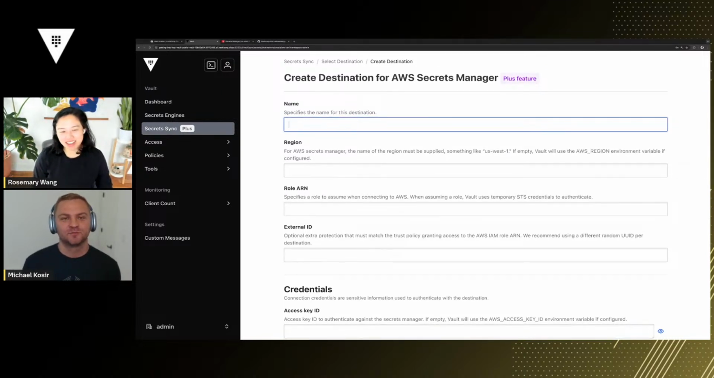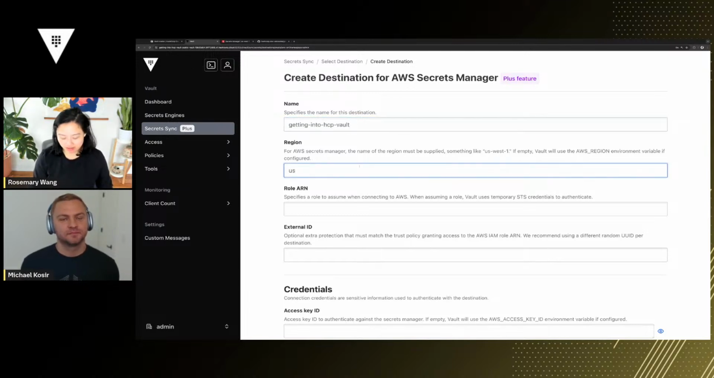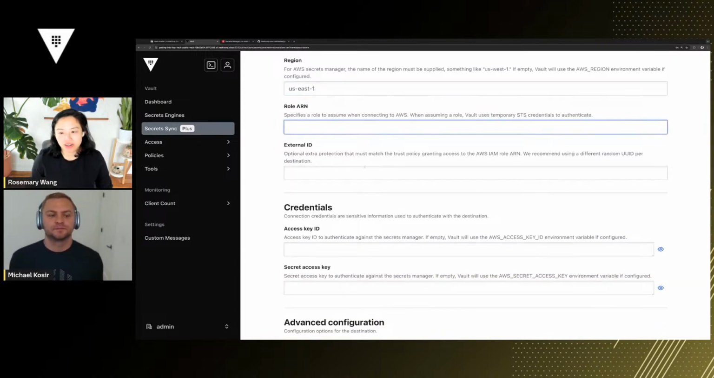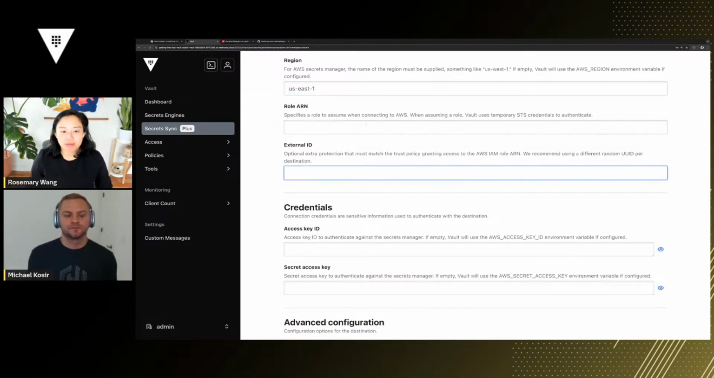We're going to name this the getting into HCP Vault account. AWS account. And the region, we'll do US East 1 out of simplicity. There's a role that you can specify. There is also an external ID if you would like, but we still have to connect by access ID and